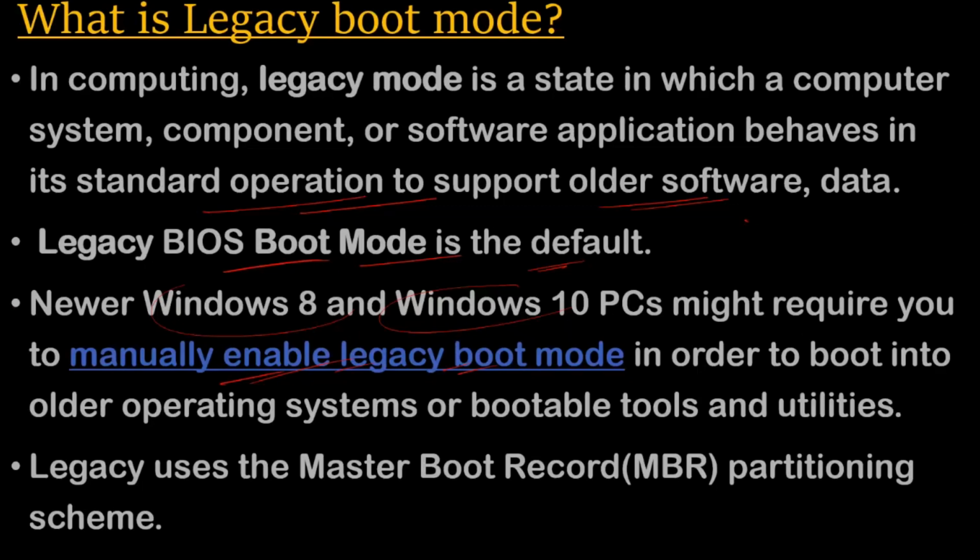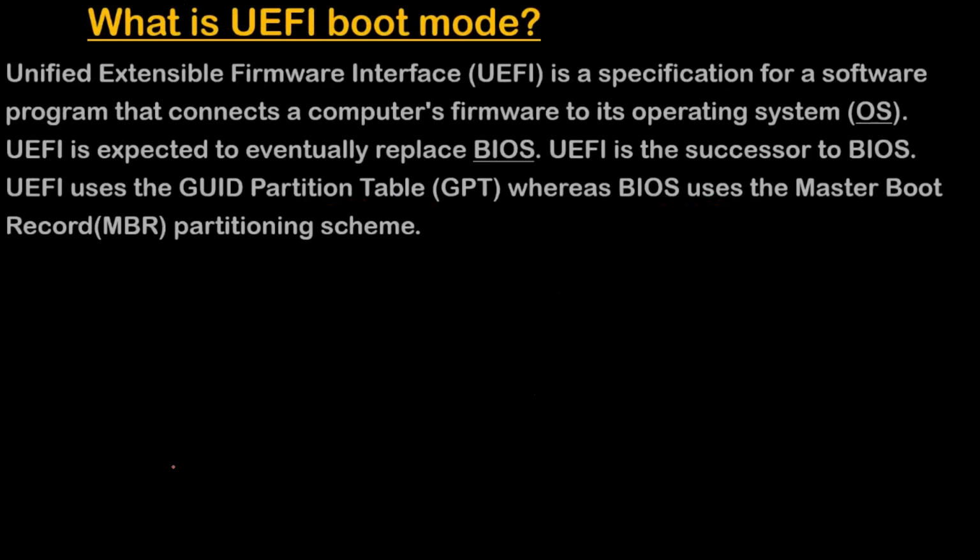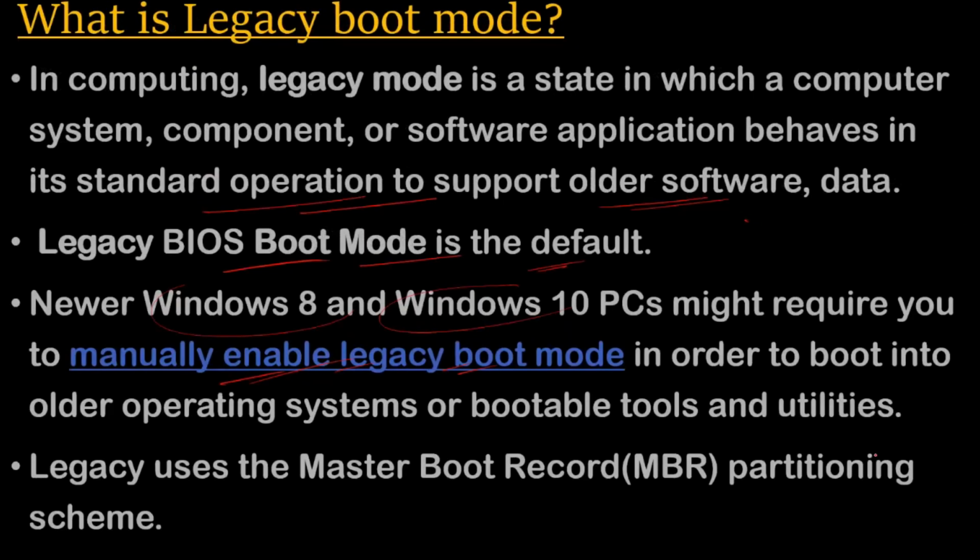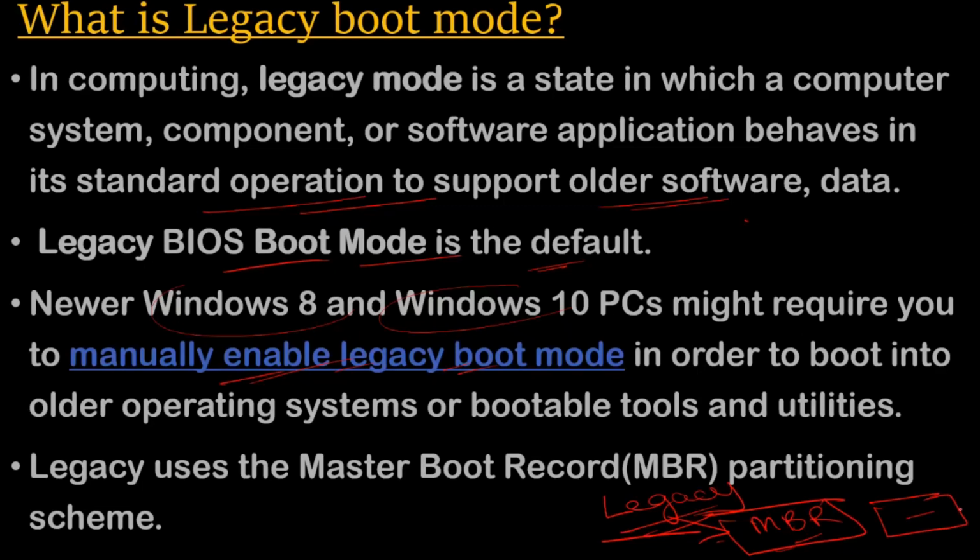And one more thing, if you use legacy, what does it mean? Suppose you want to install your operating system, you have this disk, and when you try to install your operating system, on your BIOS the boot mode is set to legacy. Automatically, your BIOS will set the MBR partition scheme on your hard disk, and you can't change that. Automatically, it will come. If you have a second hard disk, you can change that for the second hard disk.